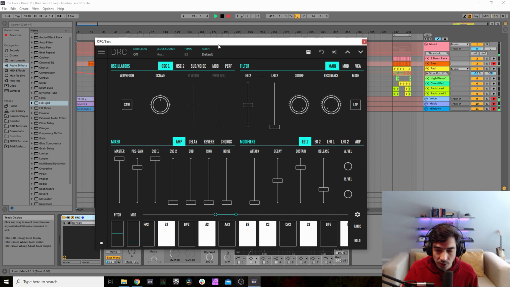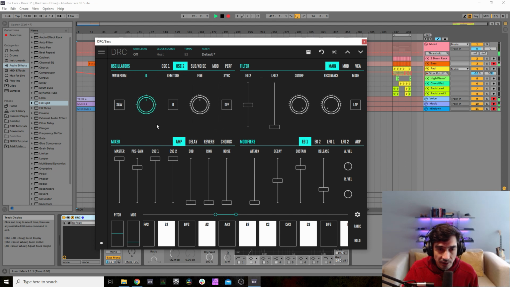The first thing we're going to do is raise the second oscillator to maximum, drop an octave on the second oscillator, and detune it to 236. Okay, like this. Now, next thing we're going to do is drop the master to 645 and pre-gain to 943.